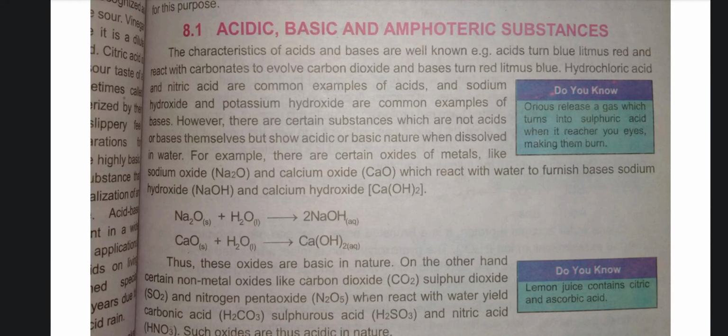Moving on to 8.1, acid, basic and amphoteric substances. The characteristics of acids and bases are well known. An acid turns blue litmus red, and reacts with carbonates to evolve carbon dioxide, and bases turn red litmus blue. Hydrochloric acid and nitric acid are common examples of acids, and sodium hydroxide and potassium hydroxide are common examples